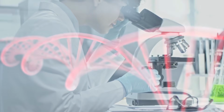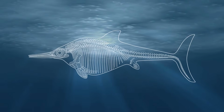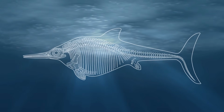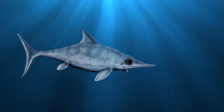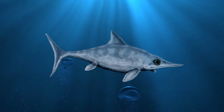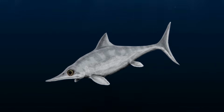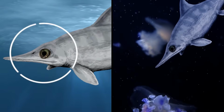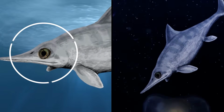Researchers spent about a year comparing the specimen to other ichthyosaurs, and were excited when they did not match it to any of them. They determined that the small-finned creature was about 6 feet long. It had an extremely deep rib cage, which likely gave it a barrel-like body, making room for large lungs. This means that it could probably dive very deep below the water's surface. The animal's large eyes may have helped it see in the dark, also suggesting that it was a deep diver,